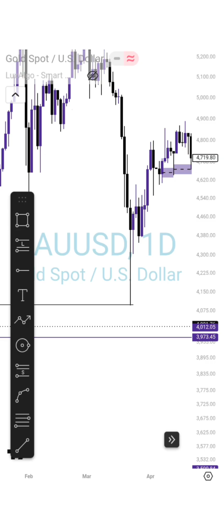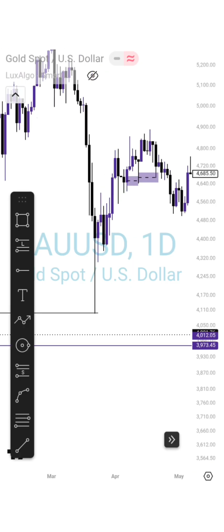And what we want to do on this type of confirmation entry is check our confirmation from a step down time frame. What I mean by a step down time frame is a time frame lower than the higher time frame you're in. So for instance, if you are using 1 week, a step down time frame for 1 week would be 1 day. If you're using 4 hours, a step down time frame for 4 hours would be 1 hour, right? If you're using 1 hour, it could be 30 minutes, 15 minutes, just like that. So we want to go to a step down time frame to look for a confirmation entry. On this particular type of confirmation entry, we don't want to be going too far,